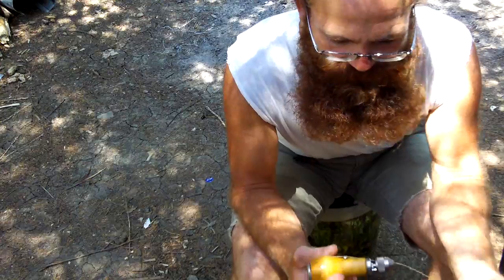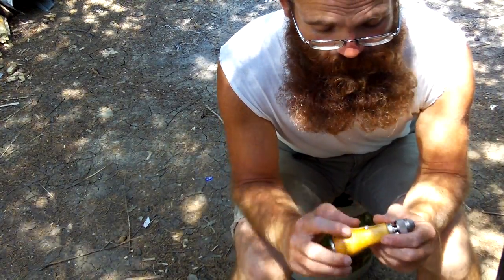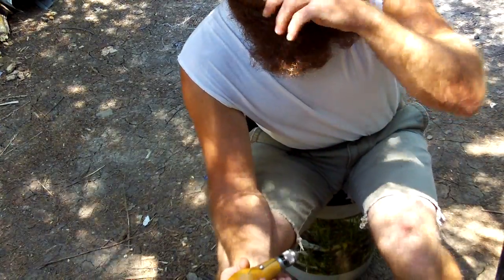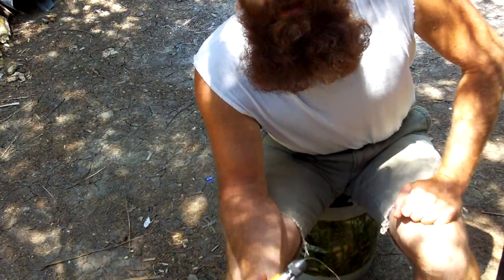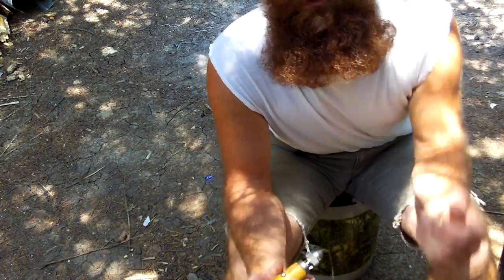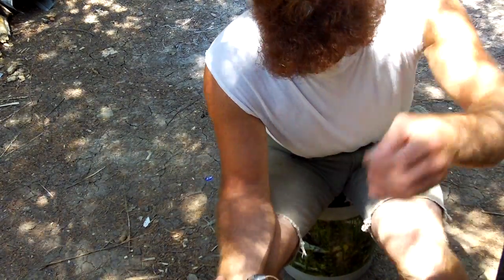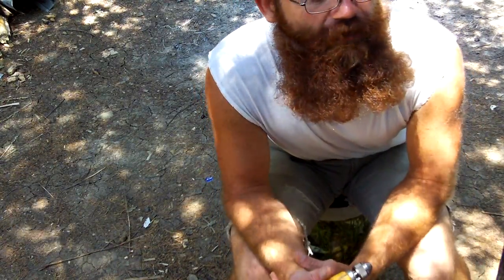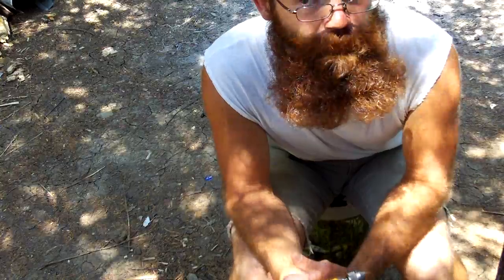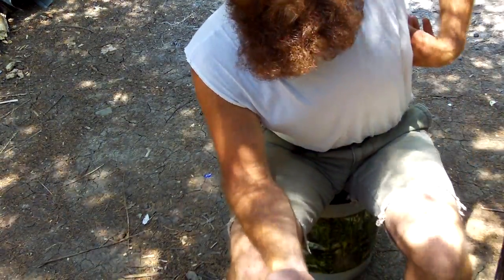But as we go over this one more time, we're going to show you several projects that we can do with this to help ourselves. We're probably going to end up taking some of the canvas material from the Army duffel bags that I have found that were torn up and ripped. I'm not going to go into trying to repair some of them because they're beyond repair. But there's textile material. We're going to go into recycling some of the material because it's waterproof, high quality grade, and durable. If we get the right cordage, which is what I opted for, like I said, you can use...